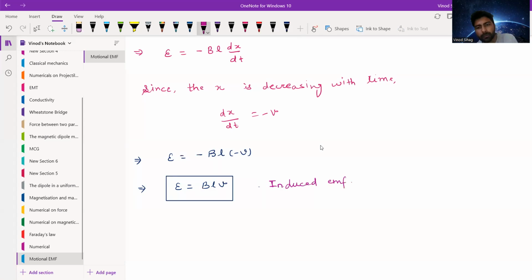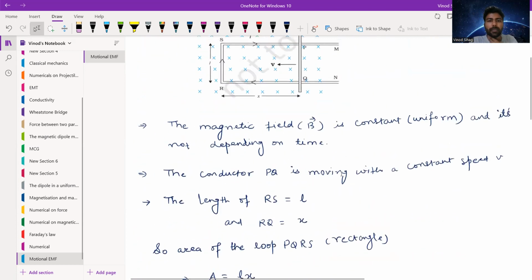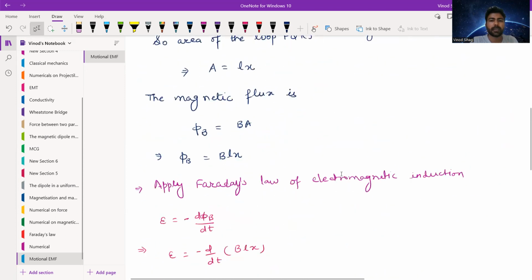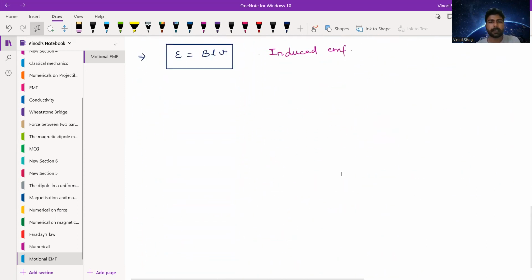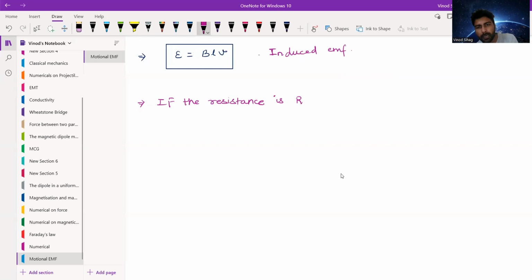Induced EMF. Now, to find out the induced EMF, let's assume that the resistance of the conductor PQ is R. So, if the resistance is R, then